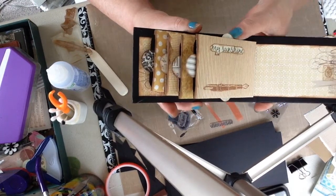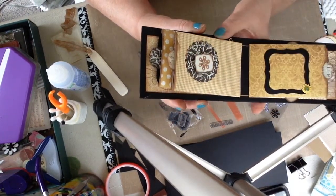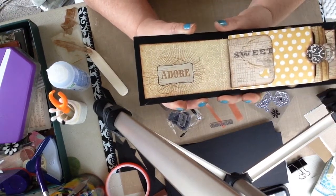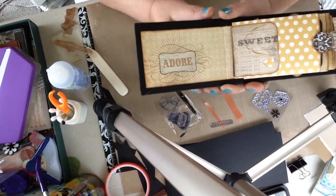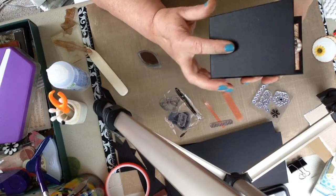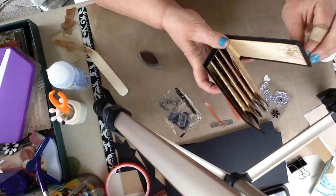So there's that page. So you have plenty of spots to put photos or journaling cards. You could certainly add a pocket in the front and in the back. I'm not going to do that for this particular book. Okay, now